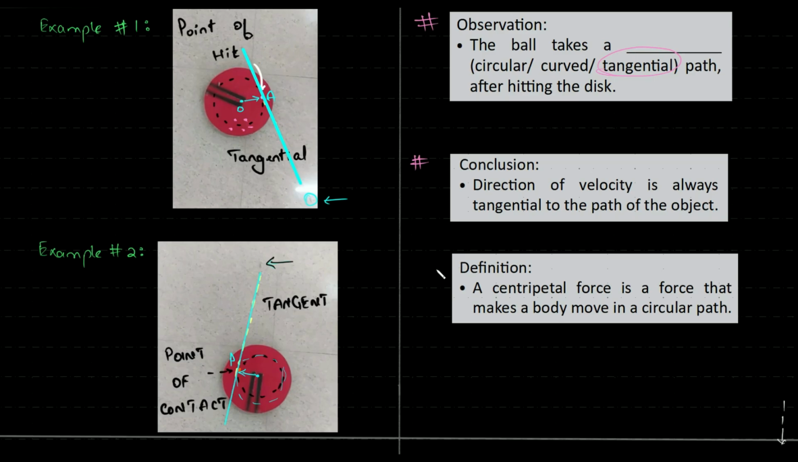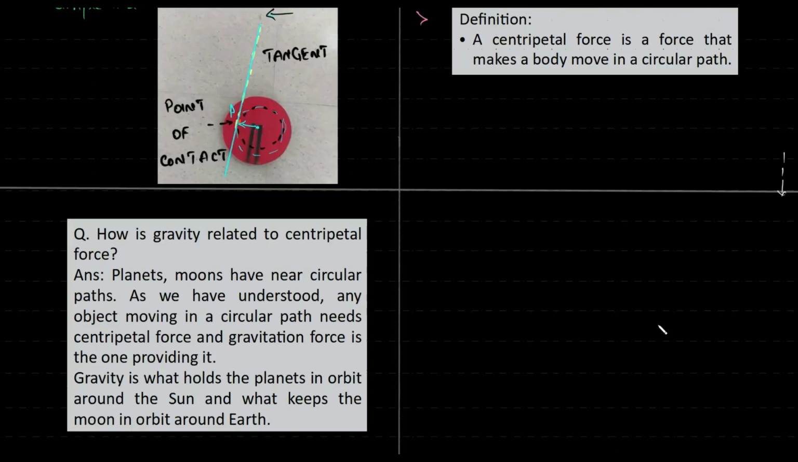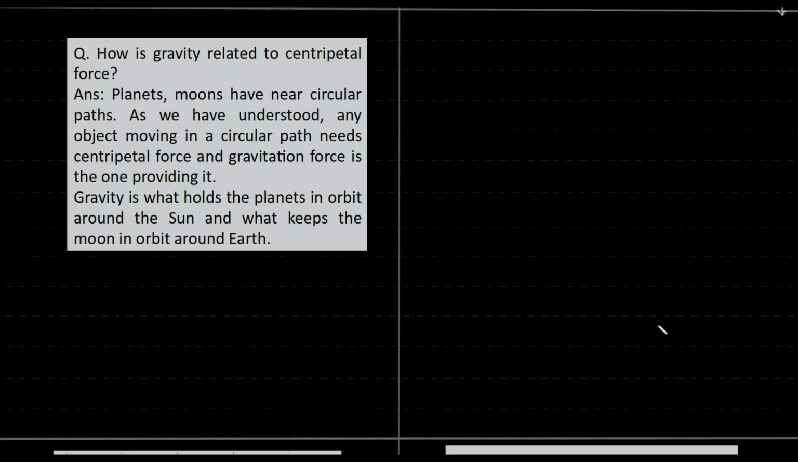Okay, so let's look at the definition. A centripetal force is a force that makes a body move in a circular path, right? We need a force to keep an object moving in a circular path, right? And now we are ready to answer a few things. How is gravity related to centripetal force? You know, you're learning about centripetal force, but how is gravity related to all of this? Whatever we learned till now, how is it